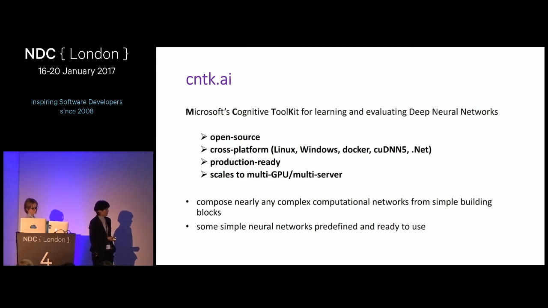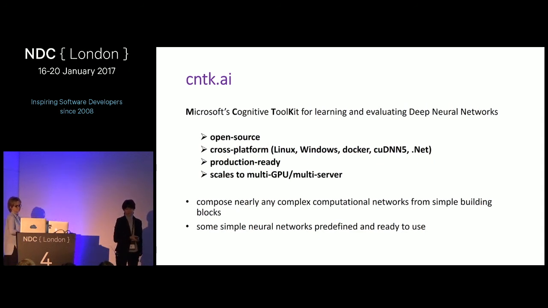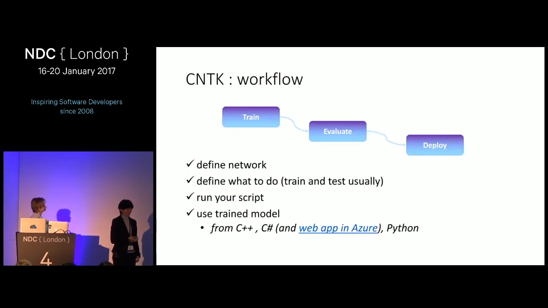So it's quite cool. Why I like CNTK is because it allows me, and you, of course, everybody, to compose almost any kind of network with very simple building blocks. And those building blocks come predefined, if you want to use something predefined, but it's also flexible enough. If you need something special, you can write your own building blocks. And of course, some simple models are already included, and you just don't need to write anything. Just like, I want this typical network. There are so many inputs, so many outputs, this is how I want to train it, and you're ready to go. Basically, it takes a few lines of code.